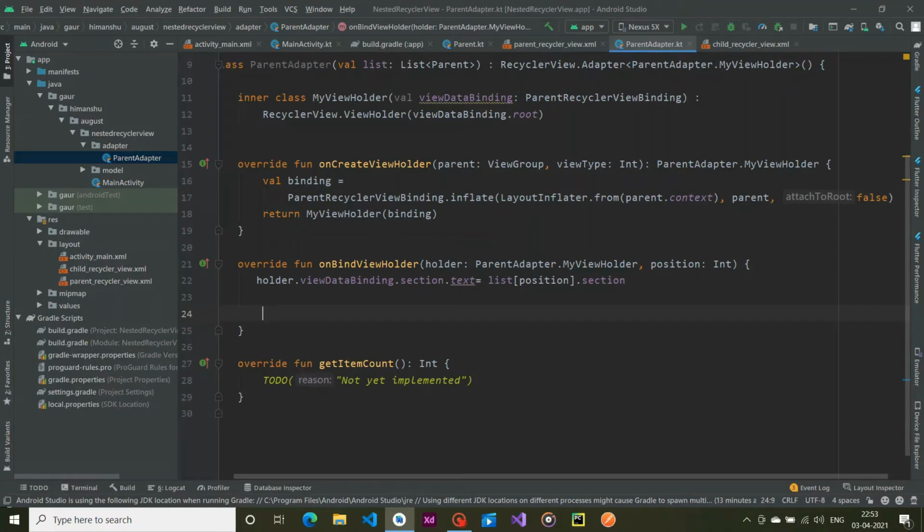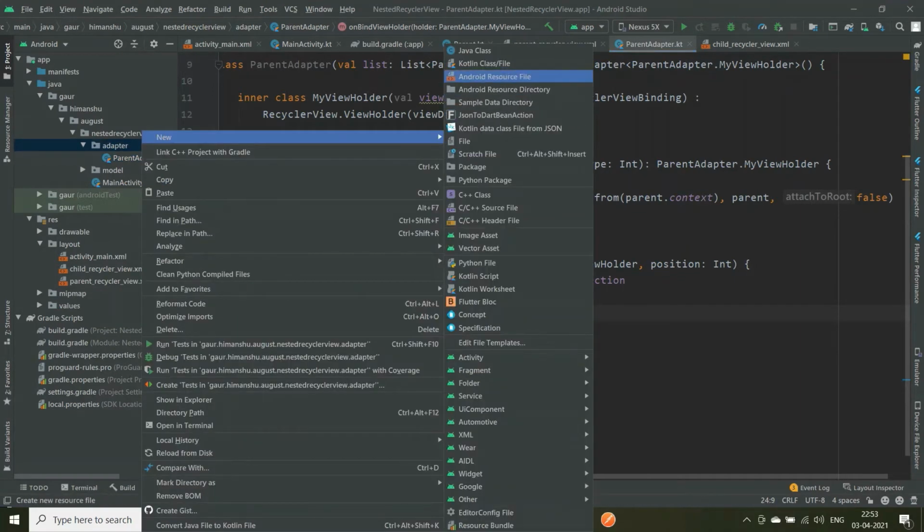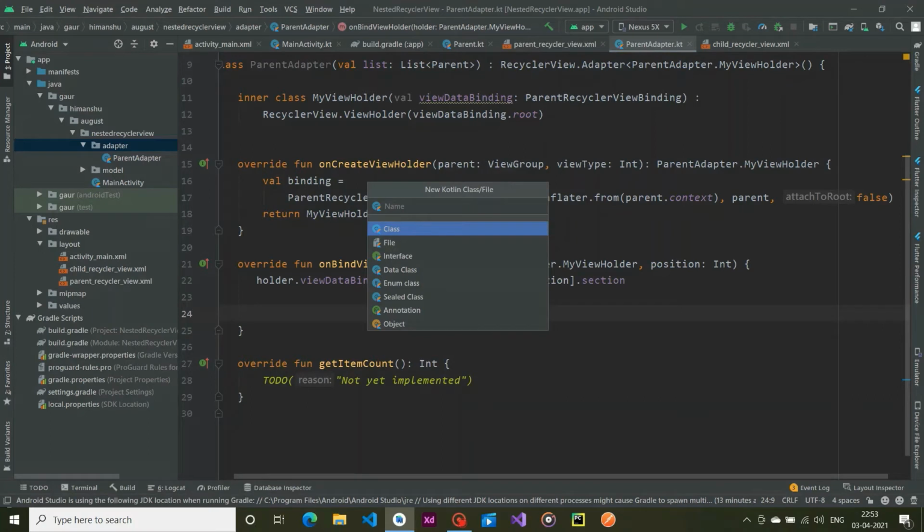So we are going to create another adapter. Now this adapter will basically be for our child recycler view. I simply use strings, but it is not the case that you are using strings too. You may be using any kind of object in our child recycler view. So that is why I am going to create a new adapter. Otherwise we would use a list view over here, because we are actually showing only strings to our user. So I assume you are going to show our user any kind of object. That is why I'm going to create this adapter.